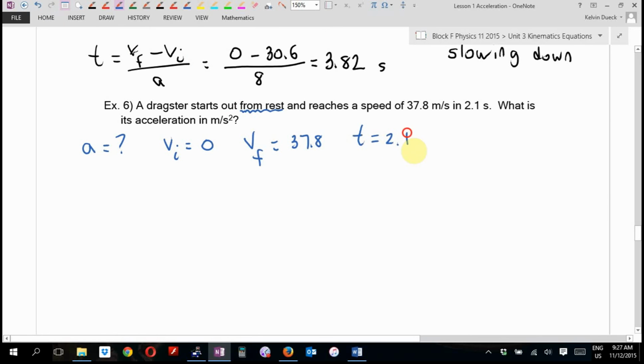Now, I hope it seems like I'm going a little slow. We're going to kick it up a notch and a half next unit when I introduce all of the kinematics equations, and we really have lots more to work with. I'm looking for an equation that's got A, VI, VF, and T, and it'd be nice if the A was by itself. Now, I notice at the top of the page,